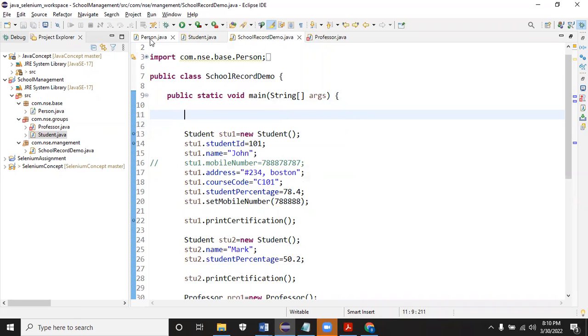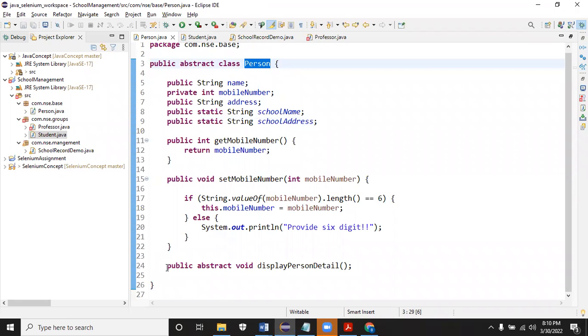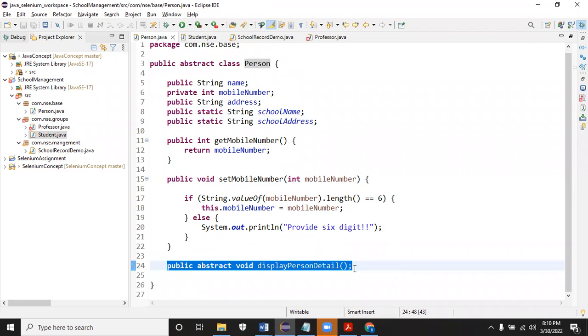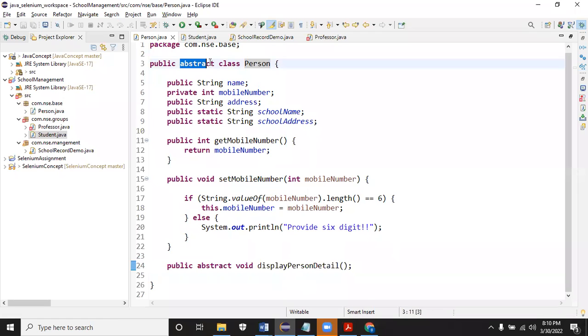The reason why you cannot create an object for abstract classes is that there could be a method without definition. And what would the definition be if you were able to call the method? It's an ambiguity, right? So an abstract class is basically going to contain some methods with definition and some methods without definition, and you cannot create the object for this class. The only purpose of this class is to keep it as a reference. Now I've created the abstract method. How many abstract methods did I create? I created one abstract method.